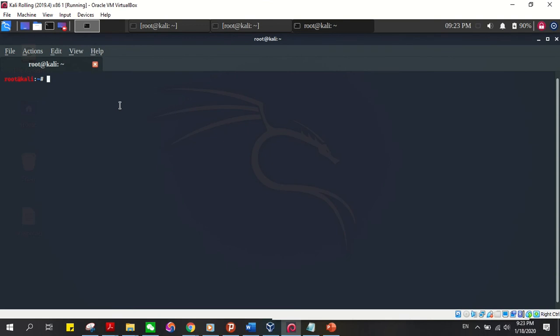So depending on the Python version you're running on your computer, or rather on your Kali Linux, type python. Mine is Python 3, so I'll type python3. And there you're ready to input your Python code. So something simple like print, brackets, quotation marks, hello world,